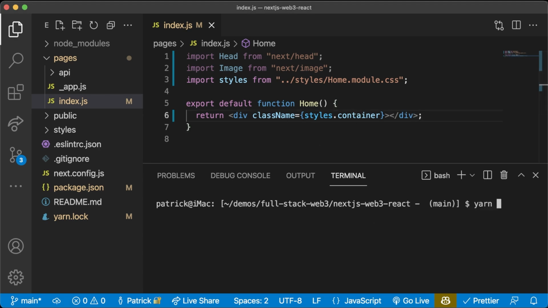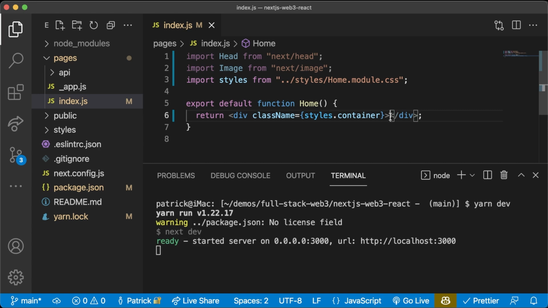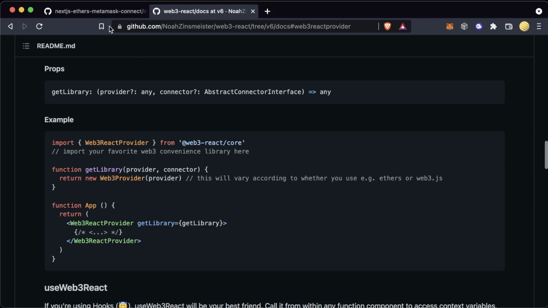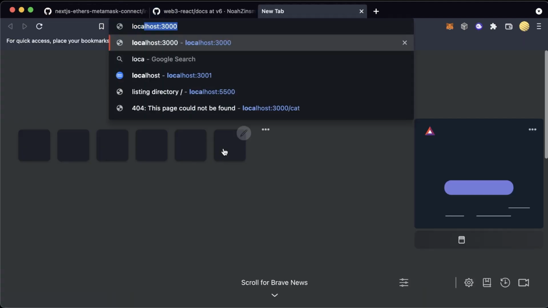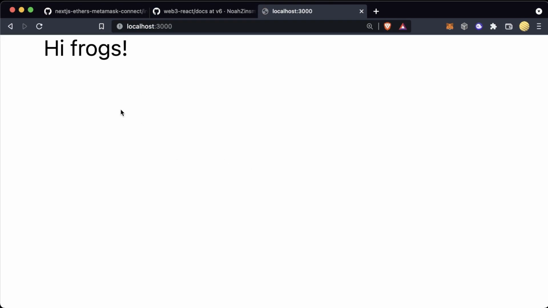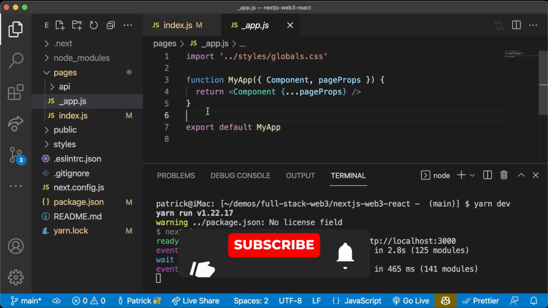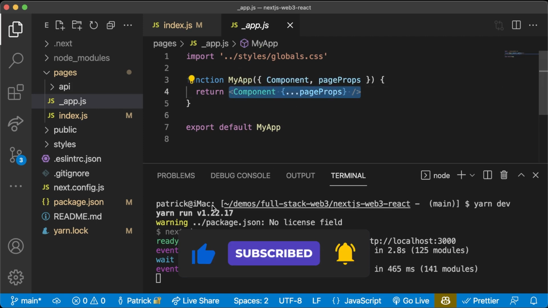And if we want, we can even do yarn dev. Maybe we'll say hi frogs in here. Go to our front end. Oops. Localhost 3000. And we'll see hi frogs. Cool. So now what we're going to want to do is wrap this component in